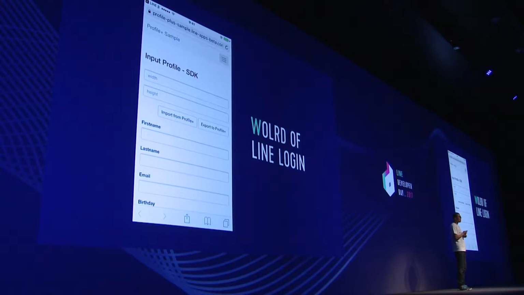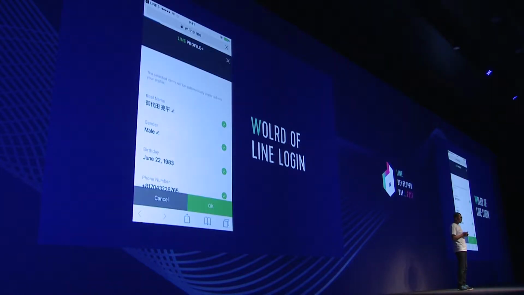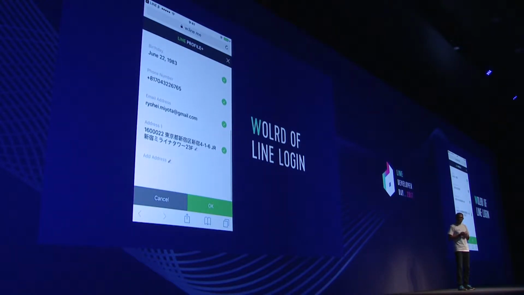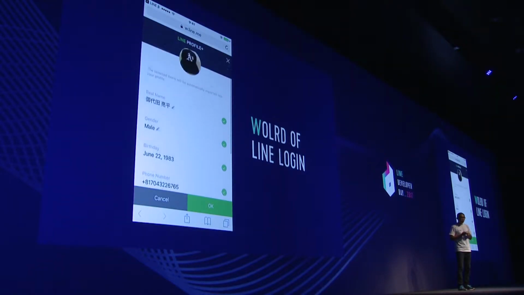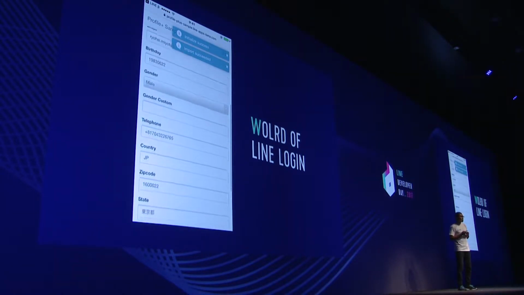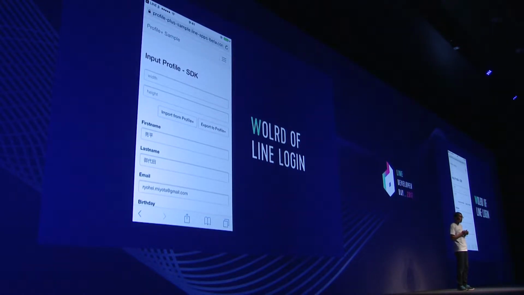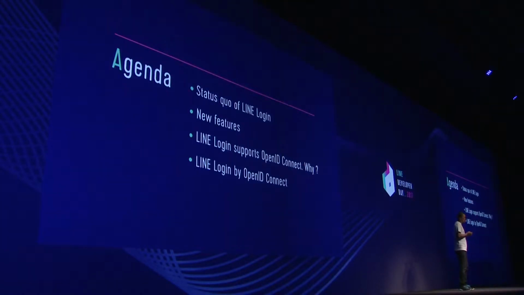For instance, many times, when you register for a service, users must enter their name, address, and other information in a form. Here, using Profile Plus, which is an SDK provided by Line, the data already stored in Line is easily passed to a web application. In this session,